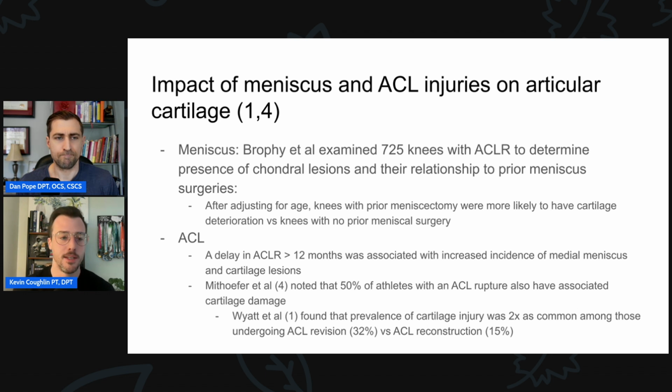So I know this is something that clinically we have to think about: someone comes in with a suspected ACL tear, they have a bunch of life stuff going on, and they want to know, can I just put this off and try to rehab conservatively? Or, this is a terrible year for me to get surgery. Can I wait? Potentially, but I think it's important to know that there is some potential risk to the meniscus